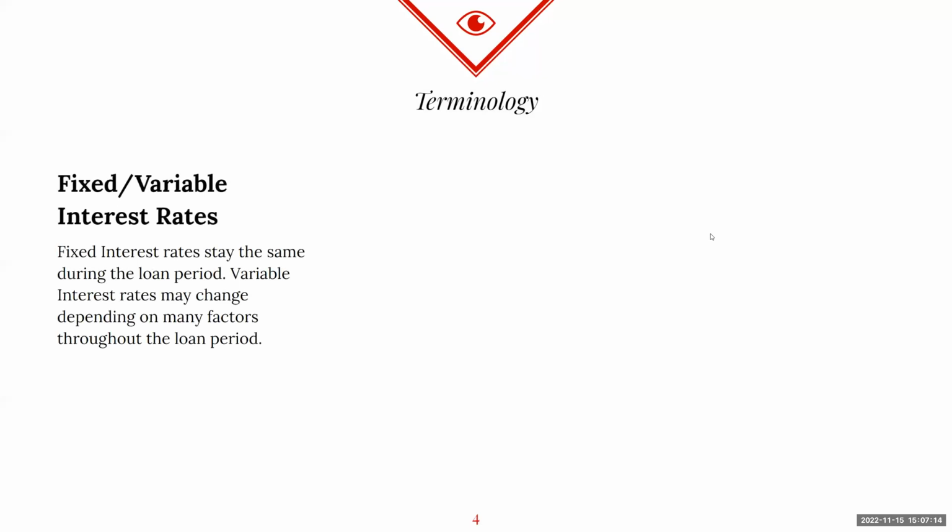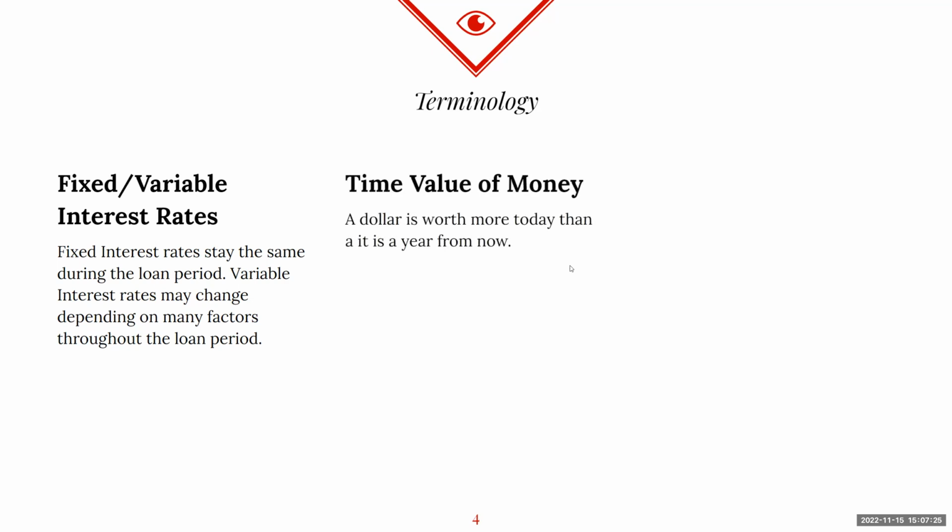So we have fixed and variable interest rates. Fixed interest rates stay stable during the life of the loan, and variable interest rates change throughout the life of the loan. Time value of money. A dollar